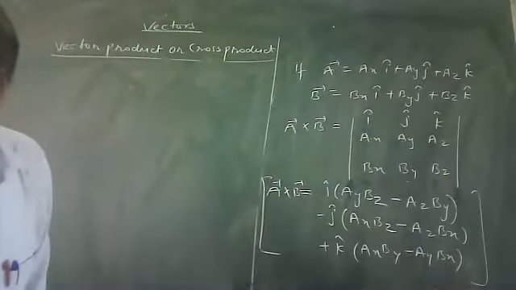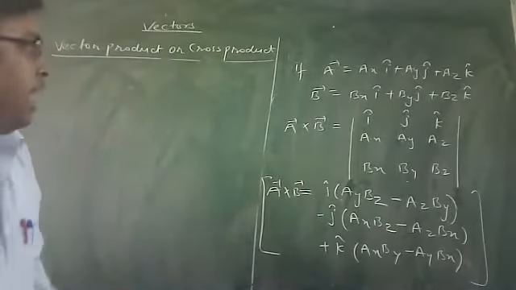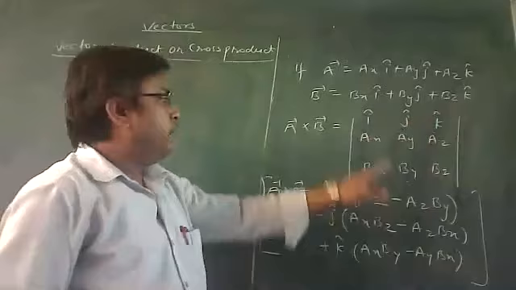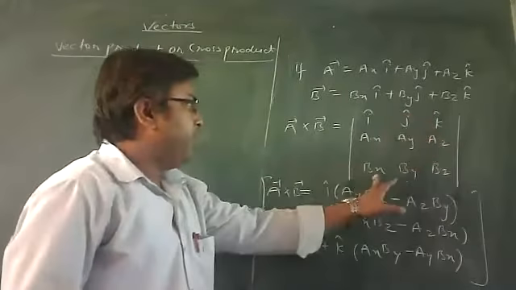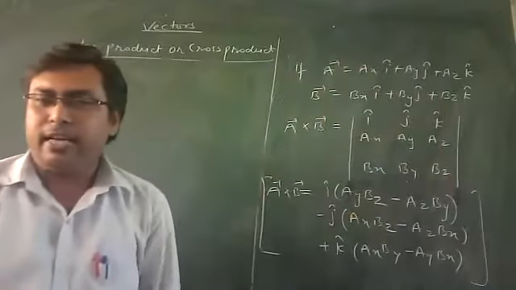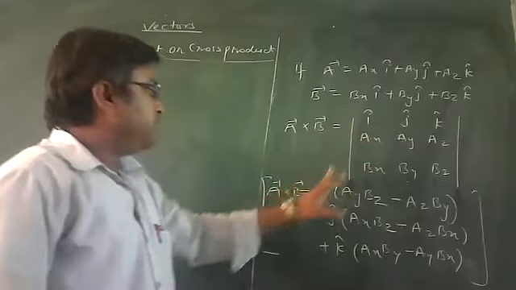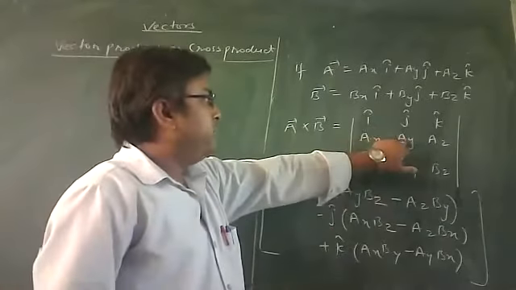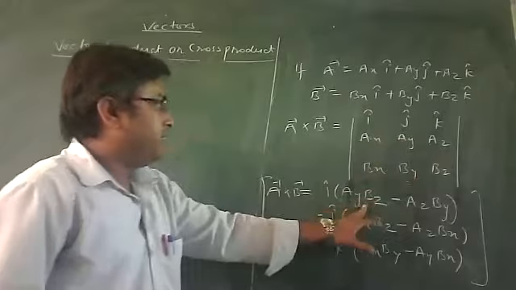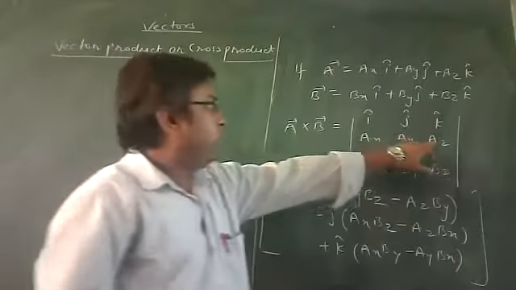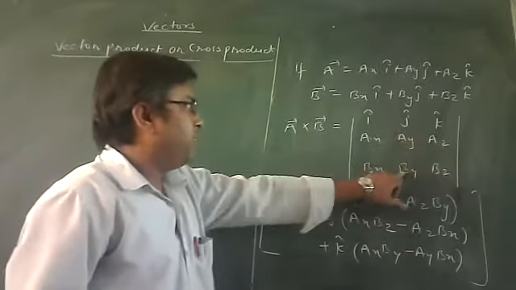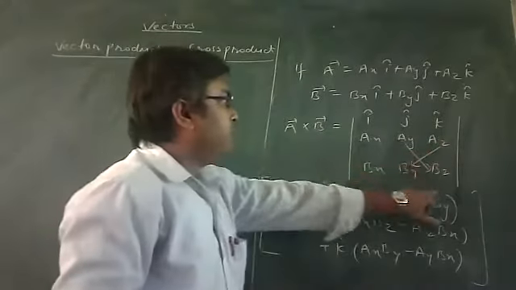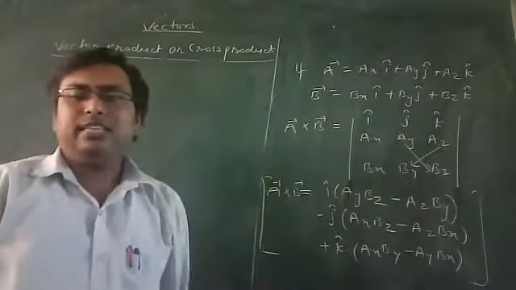See the resolution of A cross B carefully. I am repeating again. I cap, j cap, k cap. Write the rectangular components Ax, Ay, Az, Bx, By, Bz. Write all three rectangular components. What is to be done? First write i cap, leave the terms of x, then multiply j cross k: Ay Bz. Place the negative sign. Now do reverse: Az By. Cross multiply, first this side, then this side. You will get plus i cap.